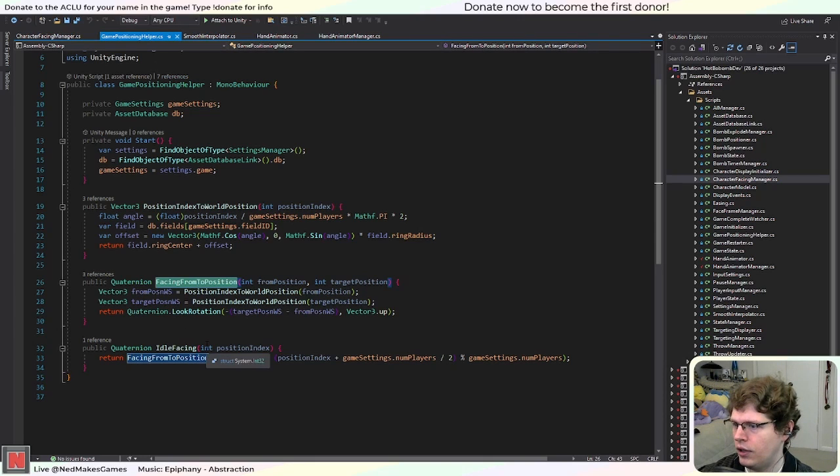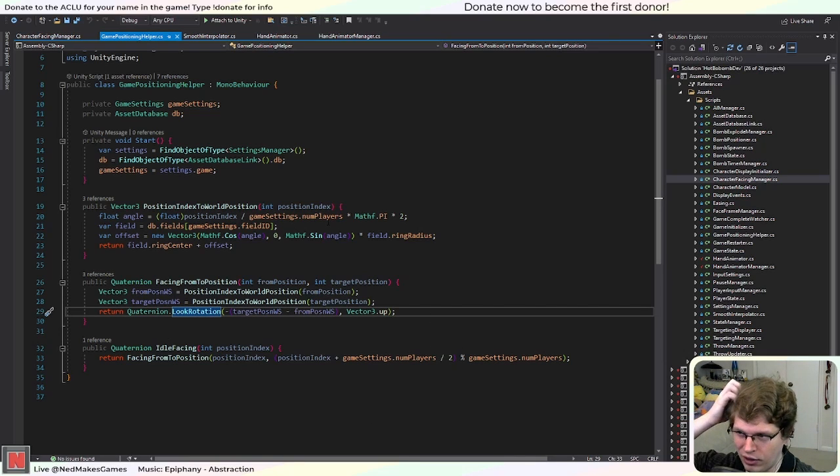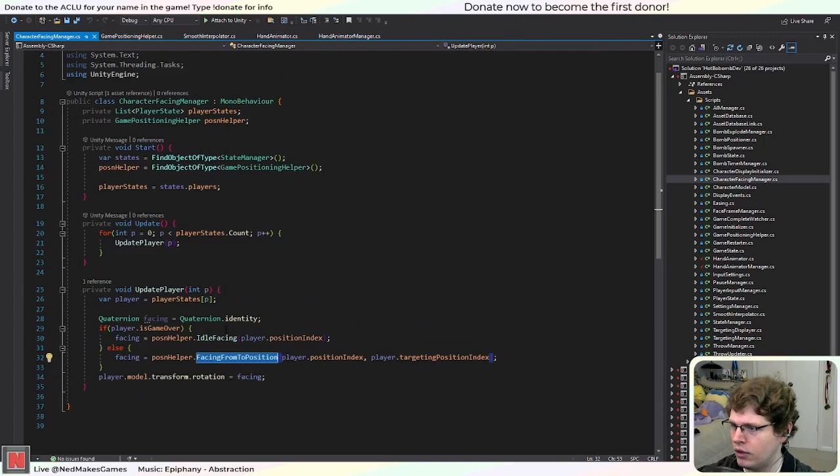The only issue is you can't really interpolate between quaternions. So doing smooth rotations is always kind of annoying. But one thing is we know that the rotations will always be on a flat plane, so we can just interpolate based on the angle around the y-axis. Of course, then you always have to worry about if it's moving clockwise or counterclockwise, and then you have the boundary around 360. So it's kind of annoying, but